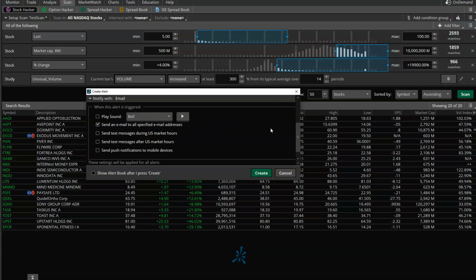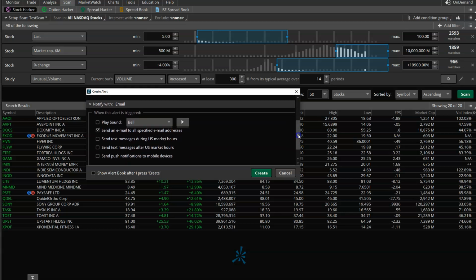once you see the email, you can filter it for specific keywords. Especially the name of the scan. I think this scan is test scan, so here you can name it anything, so make it a very unique word, and you can filter your email, read your email, filter it based on that keyword, and then you obviously have the stock symbols too. So whenever the stock symbol is added, or maybe you are getting an end of the day email, you can use that email signal to trade either in ThinkorSwim, which is through Schwab, or